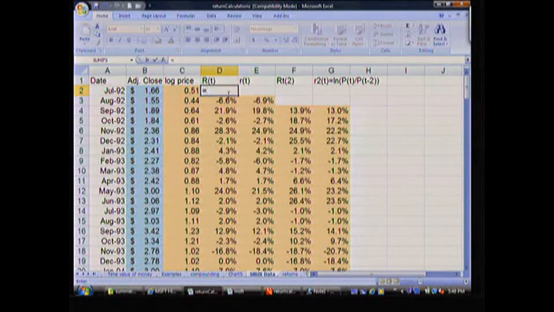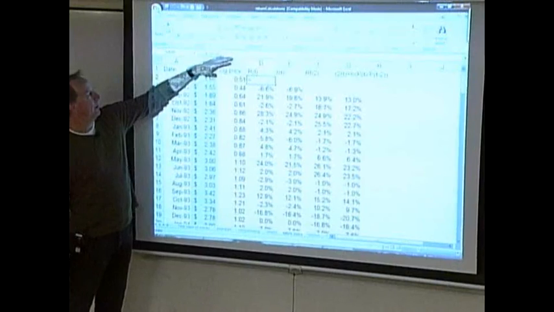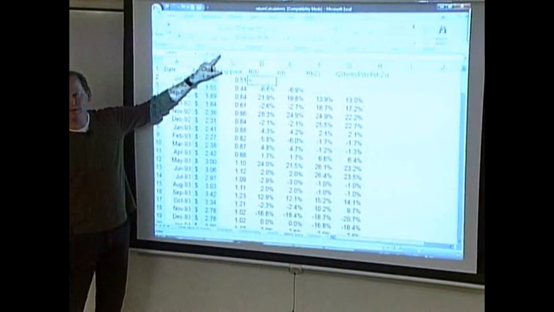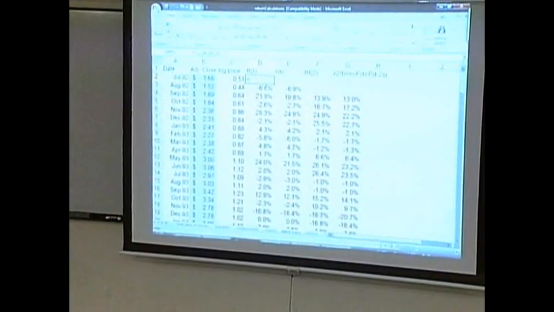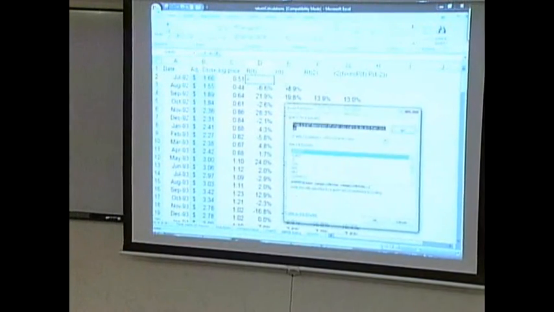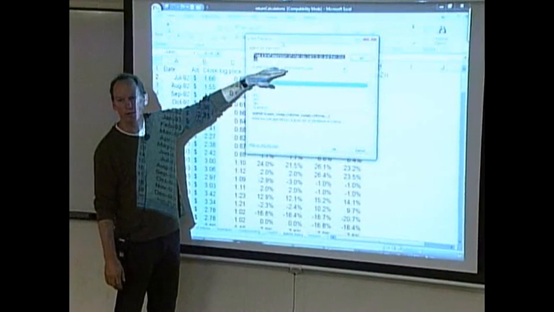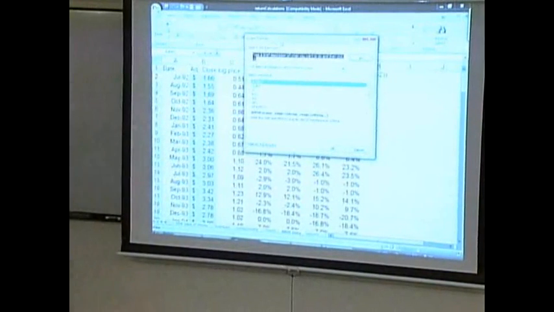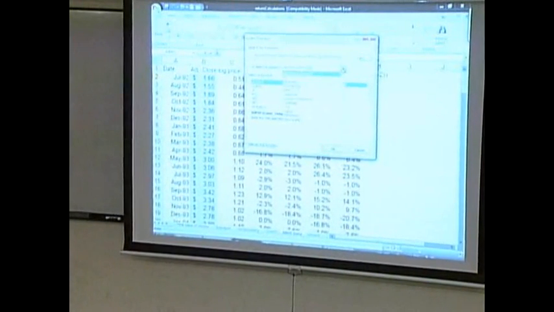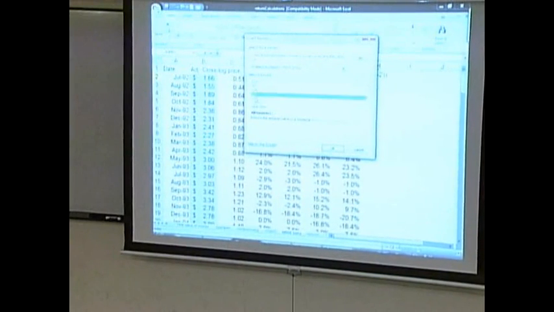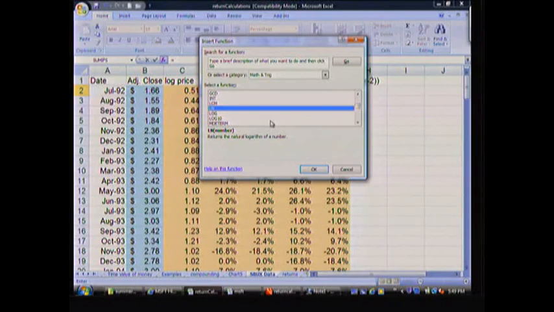If you just hit equal, say I'm going to enter a formula in this cell, notice that up here we have the formula bar. And there's a little FX button here for function. If you click on that, you get a little dialog box that says, I want to use some kind of function. It has a selection of categories. Say you want to figure out what the logarithmic function is, you can look at math and trig functions, and you can see all the math and trig functions, and then you can see ln,